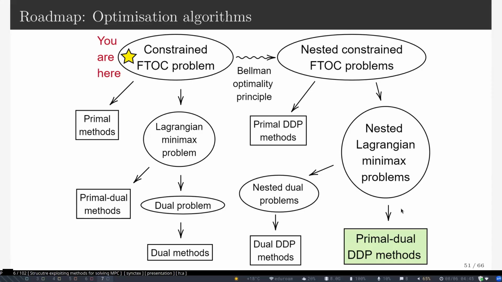The other way is to use this dynamical system property of the problem. So what I'm talking about is not for a general purpose problem, but for a problem that has these dependencies in common. You can use the Bellman optimality principle. You end up with a bunch of nested problems. You're going to see them. And then you can, almost similar to the other branch, start constructing different solutions for the problem. You can have augmented Lagrangian versions, or you might end up with these sorts of primal dual methods of the type that we're interested in, like the interval.